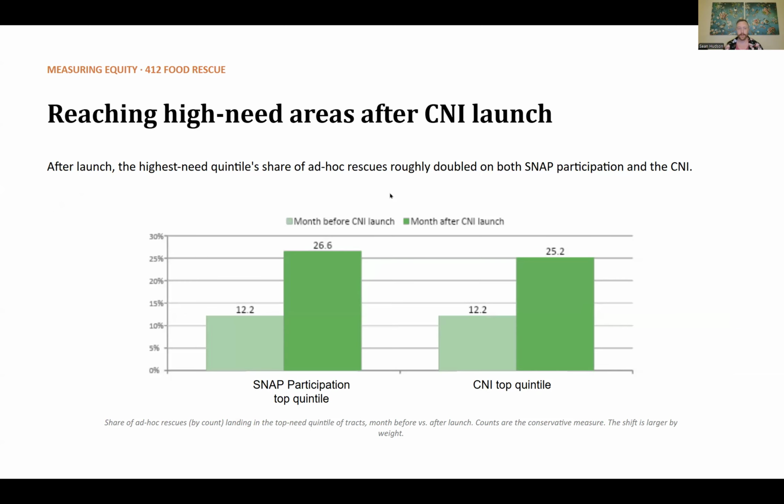And I did do a little bit of analysis of that. So after launch, the highest need quintile, that's the top fifth of CNI scoring places, and also SNAP participation, both roughly doubled in the share of one-time rescues that we got. So for this data, I took a month prior and a month post. The one on the right is